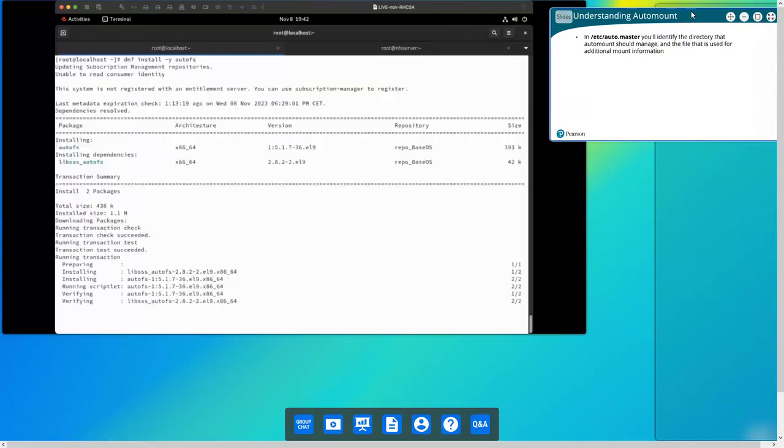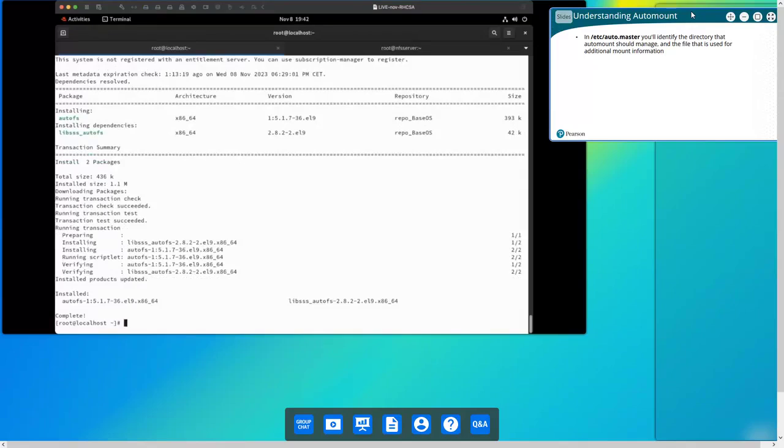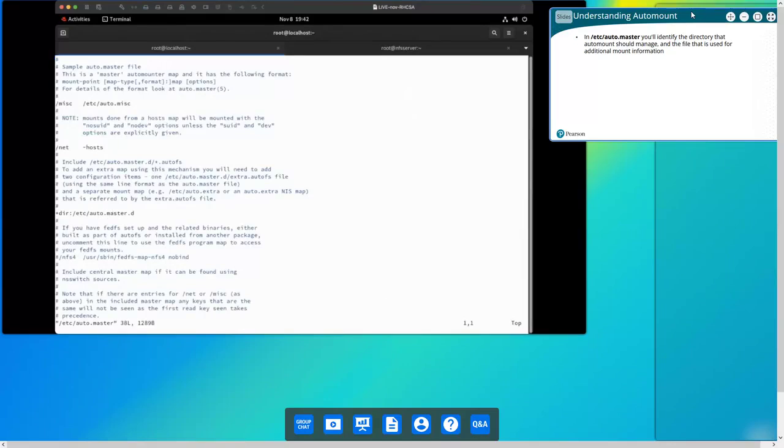And then after installing AutoFS, you get a couple of files. And the most important file is /etc/auto.master. Let's have a look at /etc/auto.master, because it has some awesome examples. What do we see? Well, this is the line I want to talk about. In this line, we define the directory /misc. And this directory /misc is an AutoFS managed directory. That means that if you are going to access this misc directory, AutoFS is going to do something. What is it going to do? That is what you will find in